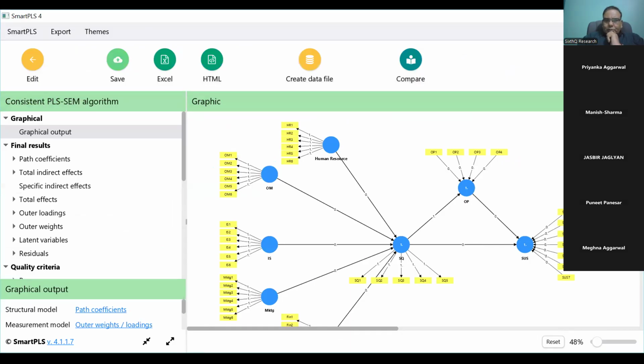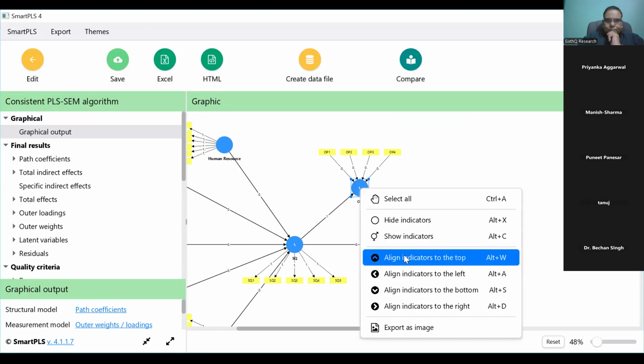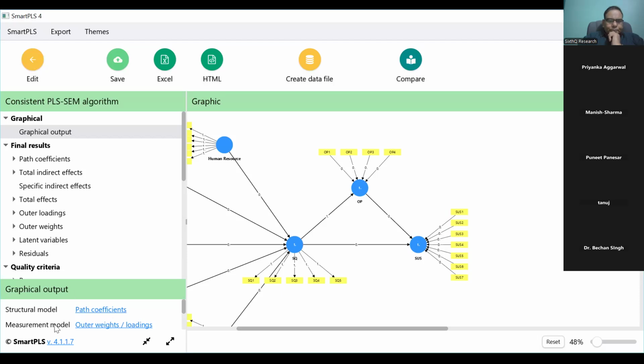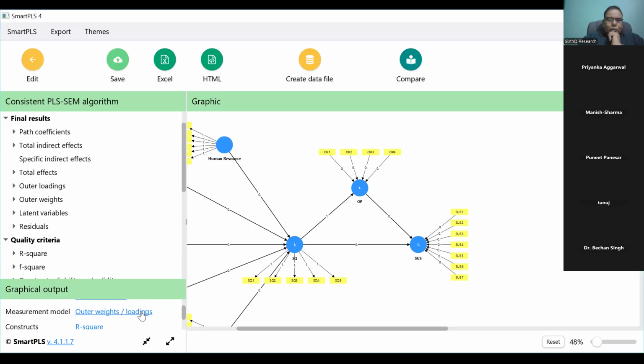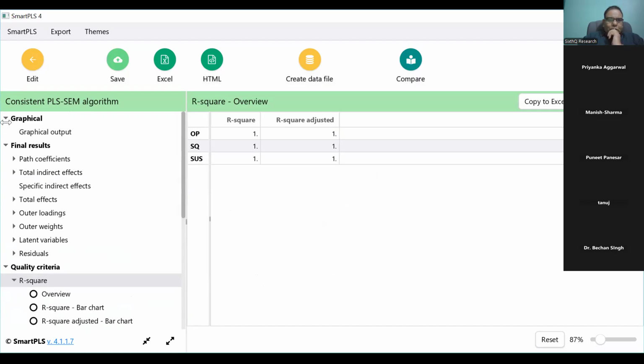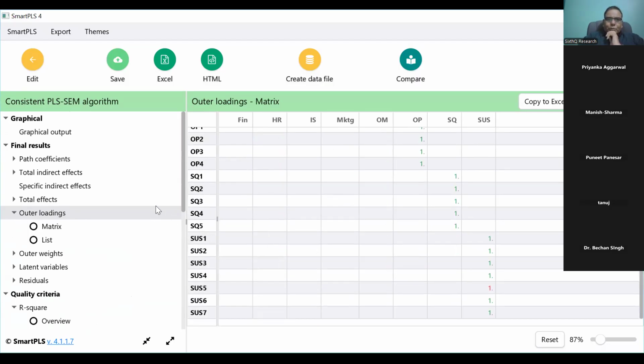तुमने इसमें पता है गड़बड़ क्या कर रखी है? क्या सर? कुछ फॉर्मेटिव भी बना रखा है तुमने इसमें। सर, अगर मैं फॉर्मेटिव नहीं करता हूँ, अब आपको दिखा देता हूँ, तो भी सेम आ रहा है सर। एक बार आउटर लोडिंग पे जाना, फाइनल रिजल्ट के नीचे। हाँ, आउटर लोडिंग। नहीं, वो गड़बड़ है, डेटा में कुछ गड़बड़ है, नहीं तो यहाँ पे वन कभी नहीं आ सकता। इस मॉडल को एक बार दोबारा बना के कराओ, मैंने बनाने में कुछ गड़बड़ करी है।